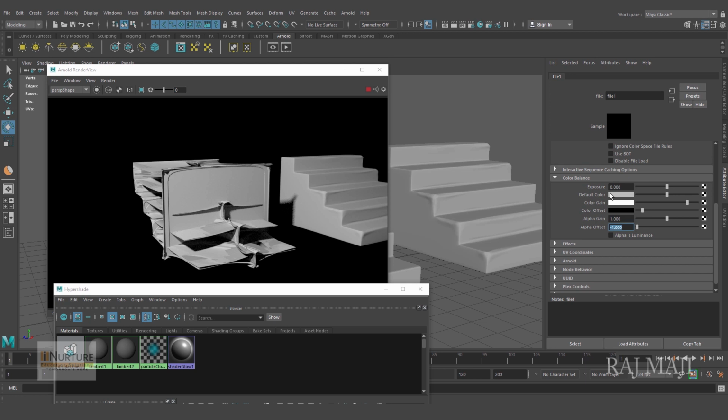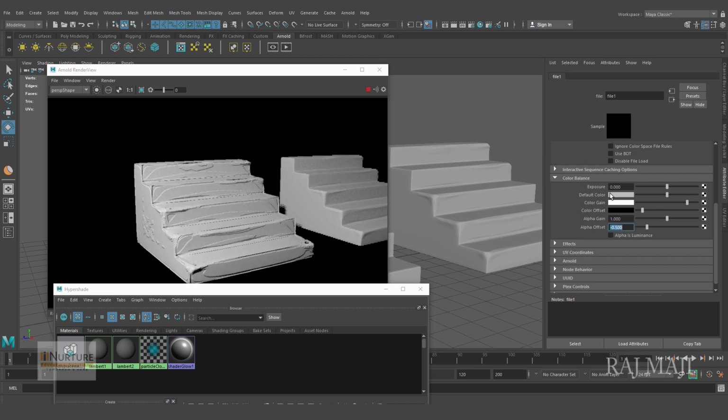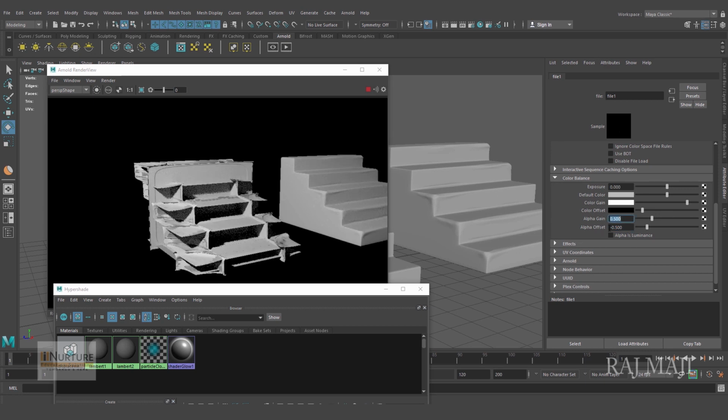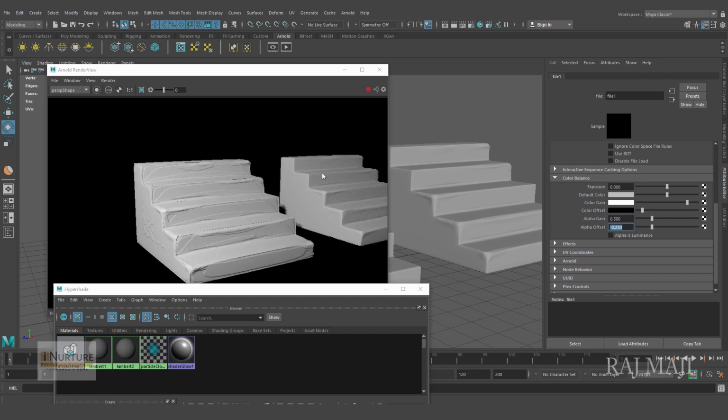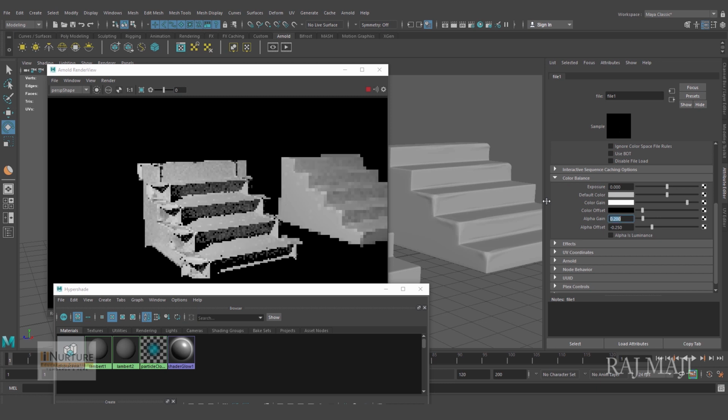So if that is 1, it has to be negative 0.5, isn't it? Okay, fine. I'm making it 0.5, so it has to be negative 0.25. Better, I think it should be less, 0.2.